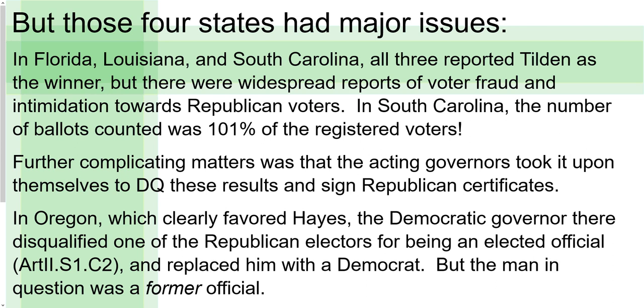So the Democratic governor disqualifies one of the three Republican electors because he's an elected official. Article 2, Section 1, Clause 2 of the Constitution states that no elector for the Electoral College can be a person who holds public office,